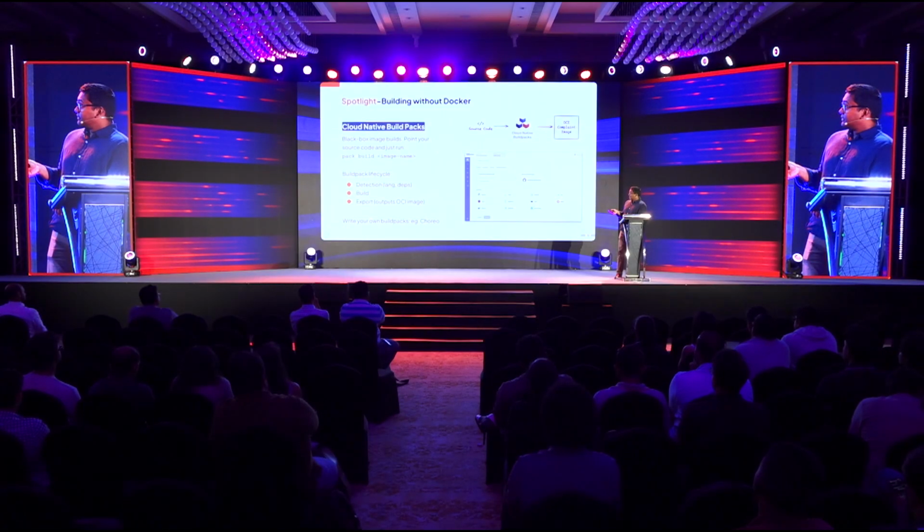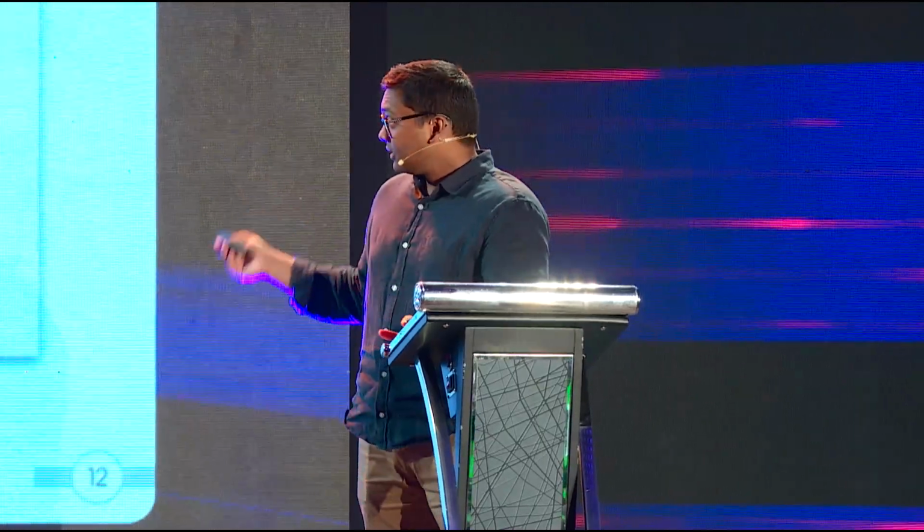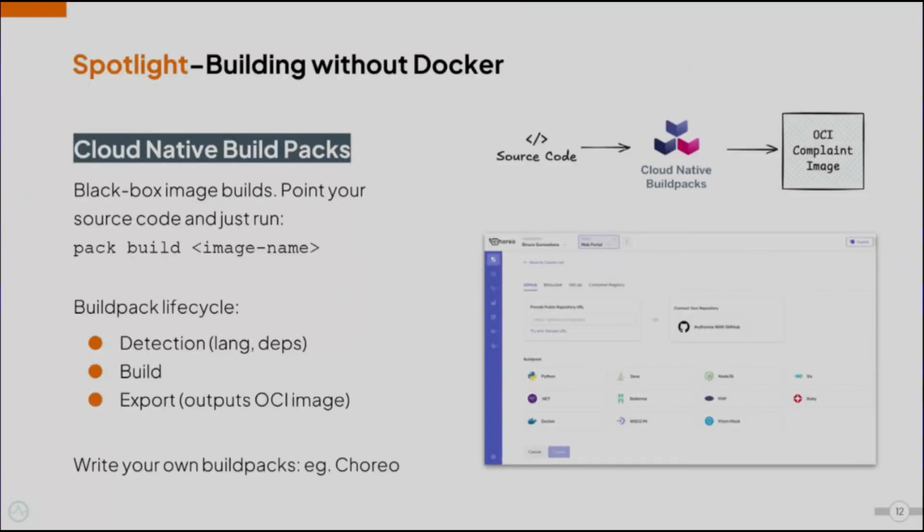One of them is cloud native buildpacks. Now Choreo uses this internally. If you've deployed an application, you probably have used this before. The way this works is it completely takes away the build from the user. It's a black box. The only input that you provide is your source code. Buildpacks work on these layered concepts called lifecycles.